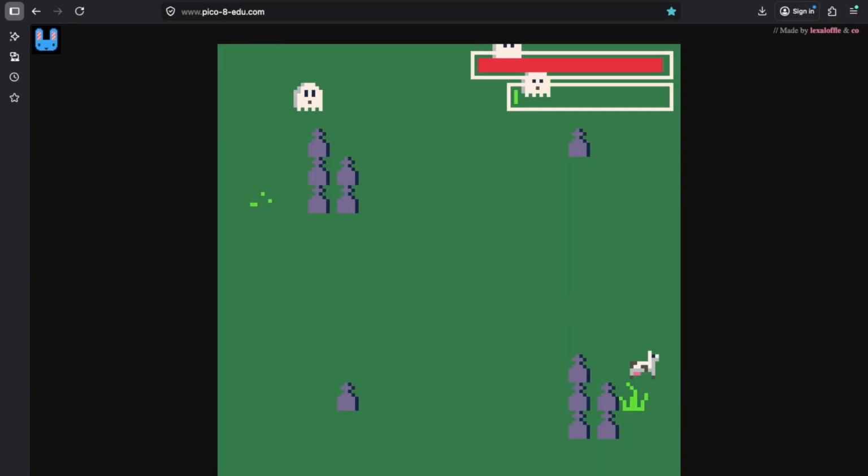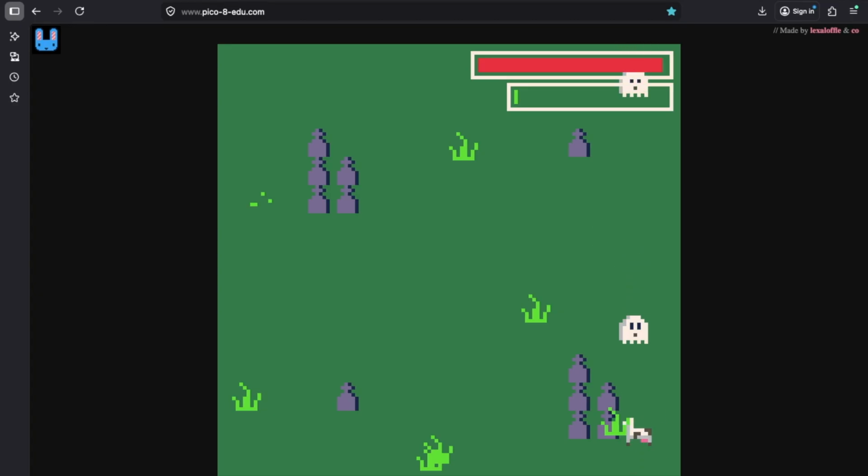I want to see it happen now. Oh, there it goes. There it goes right there. See, you could still see the tombstones behind it, and you can't quite eat it. Actually, now that I'm looking at it, maybe I do want to fix that, because it doesn't look as okay as I thought it would.